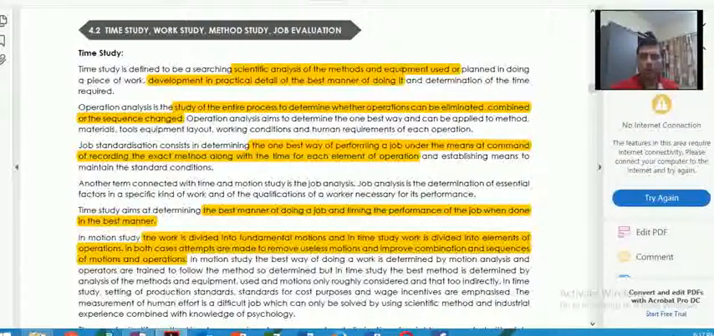Basically, if we go by the meaning of the term operations, what we are doing is converting the raw material into finished goods by carrying out various operations. Now, generally what happens on the shop floor when the process is carried out of converting the raw material to finished goods,